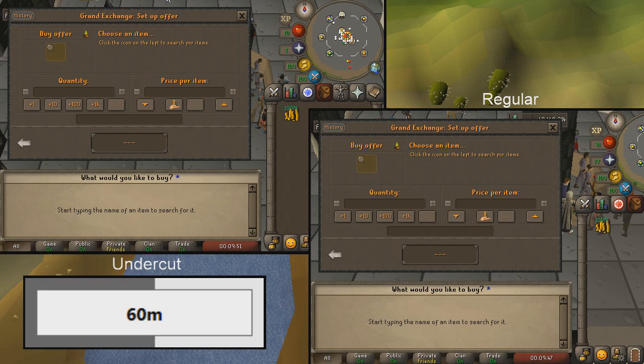What we're going to be flipping is only high volume items, and we're going to be taking it from the top 100 most traded items list on the RuneScape website. So we've gone ahead and put 100 mil onto each account. Now there is a potential for me to undercut myself, however I'm not going to be doing the exact same items because that's probably not going to be a fair comparison. I'm probably going to overlap items a few times during the hour, however mostly I'm going to be picking different